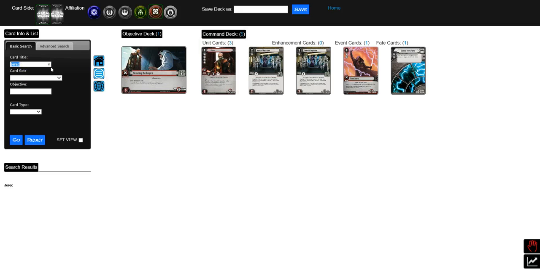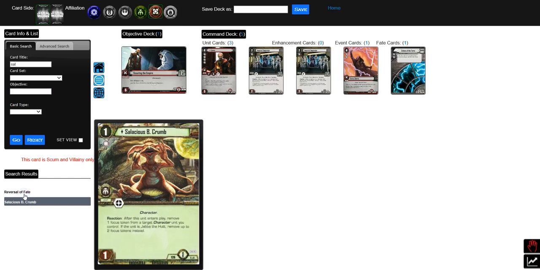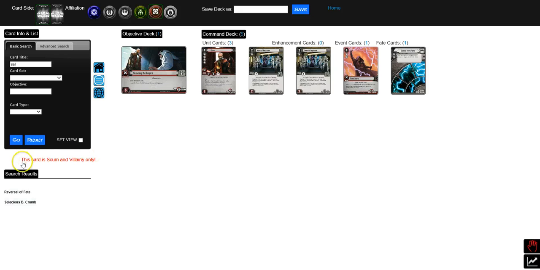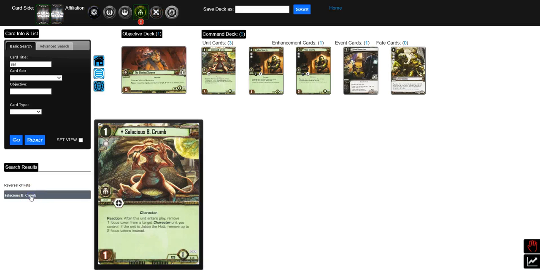Now let's say I want to play Scouring the Empire with Jarek, and I'd also like to add Salacious. All right, we know he just came out. He'd be pretty fun to play with, so I'd like to go ahead and add him. Again, you'll see we get an error pop up that this card is Scum and Villainy only, and we've already been locked into Sith. To clear it, if we want to play Salacious Crumb, we'd have to go ahead and clear him out,